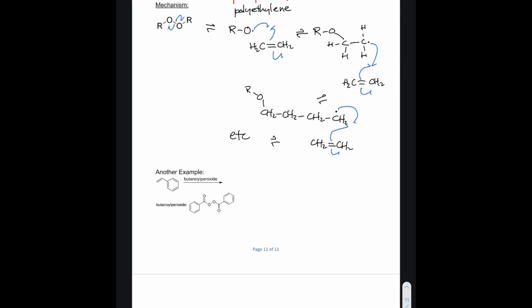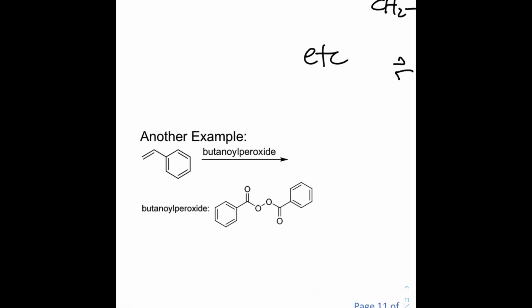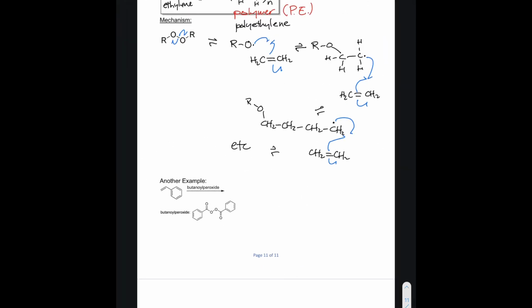Okay, now this would be a good time to pause your video to answer the last question here. What kind of molecule would you get from this last example shown? Now, as you might be working on that and reaching for the pause button, I might want to mention that